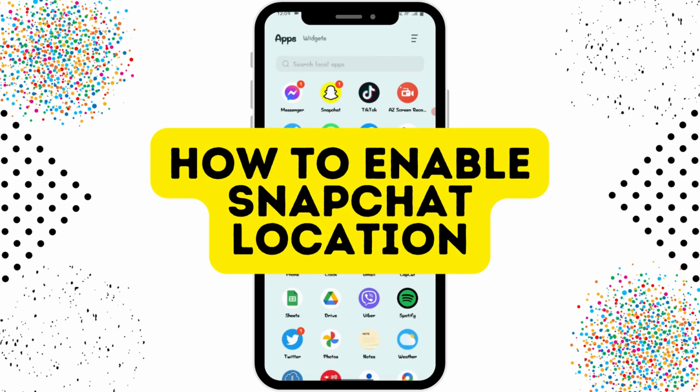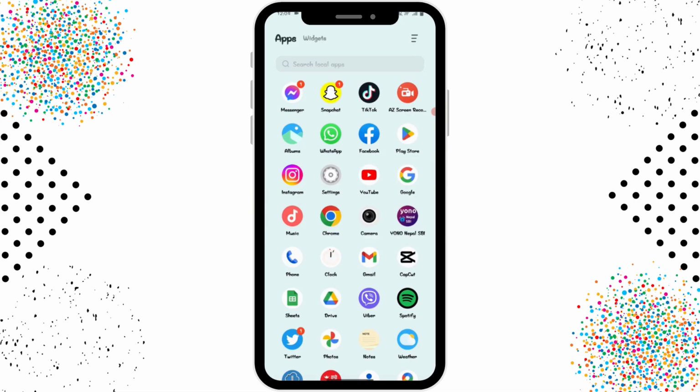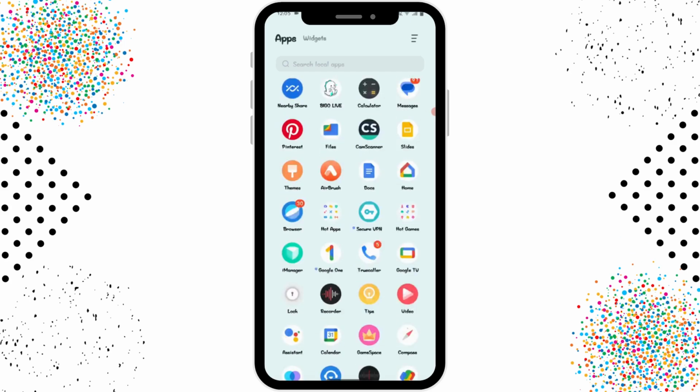How to enable Snapchat location. So if you want to enable your Snapchat location, then first of all you have to open up your Snapchat application,